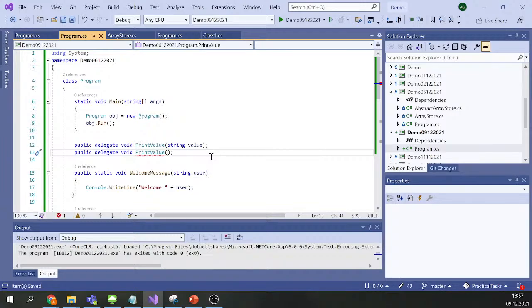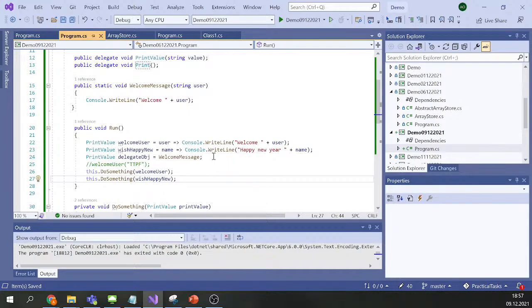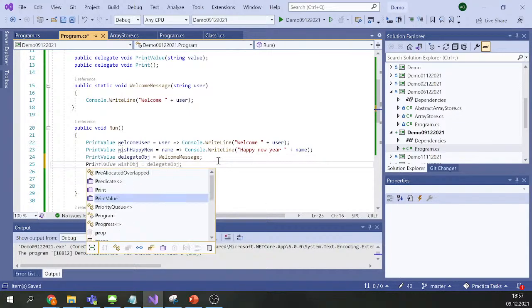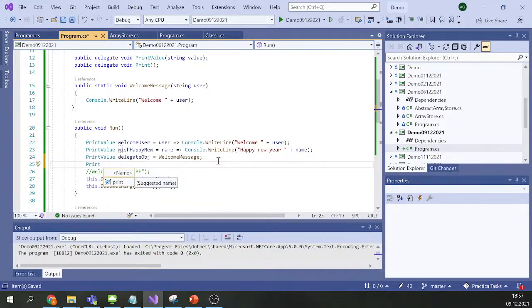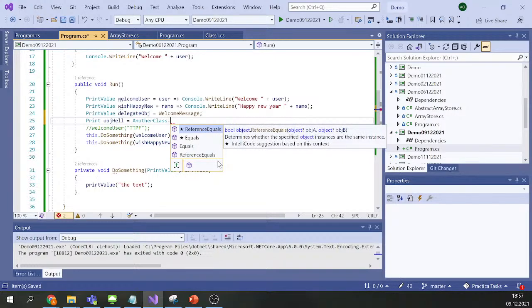So this is the disadvantage of them, but if I simply write print, then say I create another delegate here, and I use another class, and